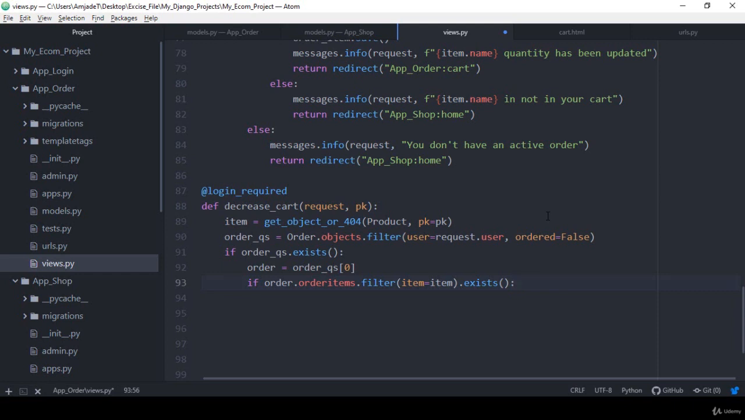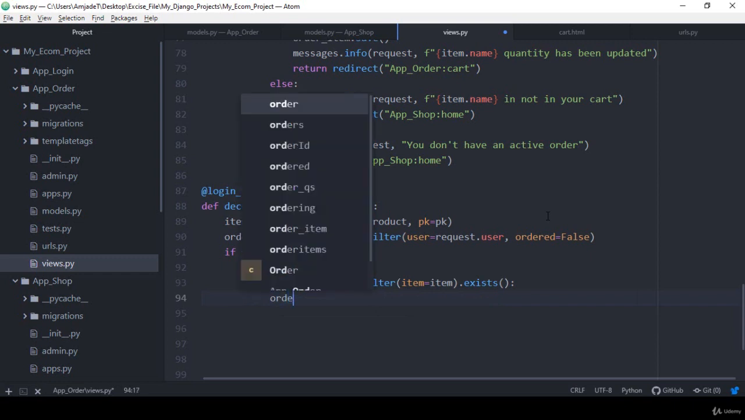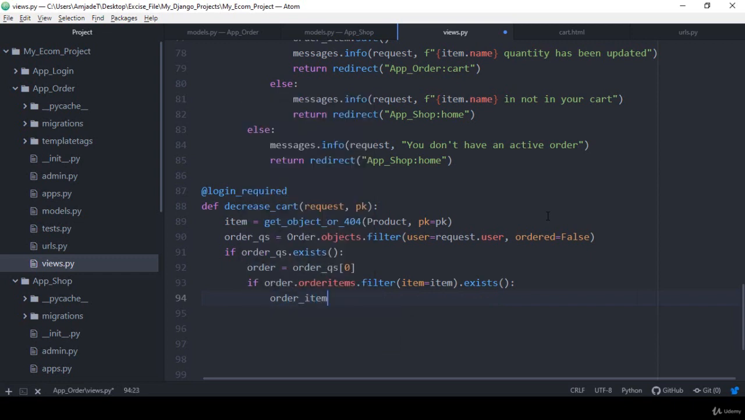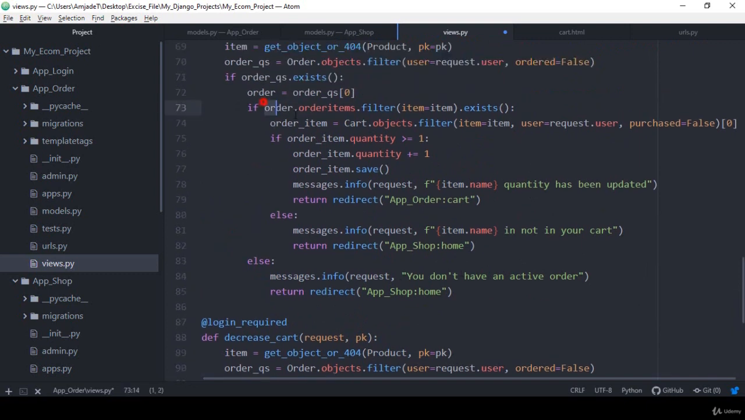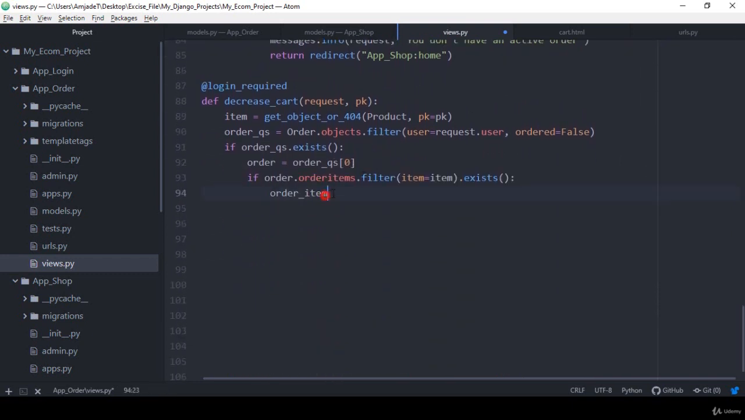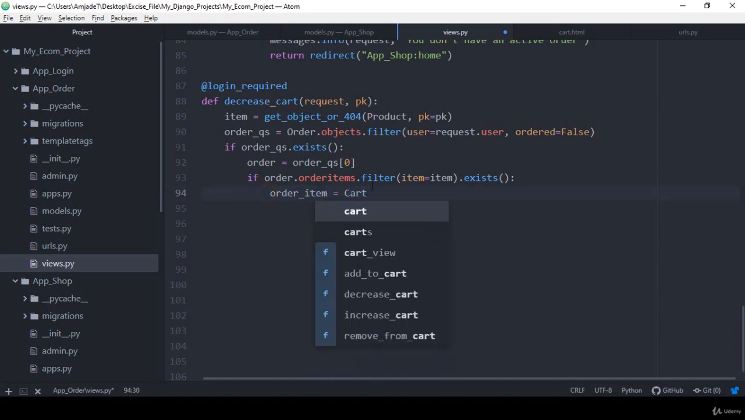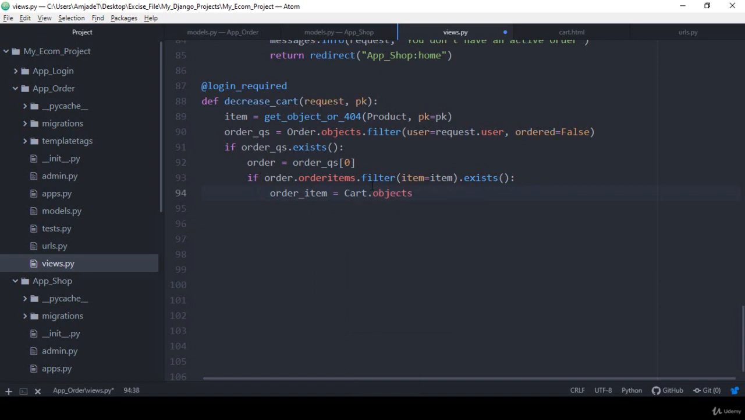And then we have to get all our cart object data. That means here also we have to define it. So I just simply define the order underscore item. You can see, friend, that's actually the same concept that we did before. So now we only have to update this condition. Okay, so that's all we have to do, everything else will be just the same. So I just simply define the order item, and into the order item I define a cart with our cart model, the objects, and then the filter, and then it will be filtered with the item as item, and also user as our requested user,